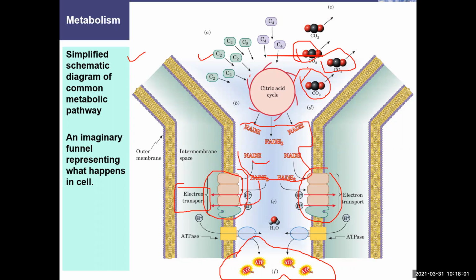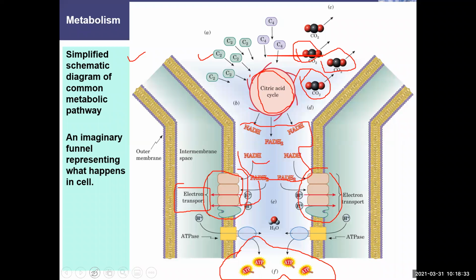How is it produced from our cells? It's produced here from the citric acid cycle. This is the source of carbon dioxide. If the question says what is the source of CO2, the carbon dioxide which we exhale out comes from the citric acid cycle when it takes place in our cell. Remember this point forever. It comes from the Krebs cycle or the citric acid cycle, as you can see here